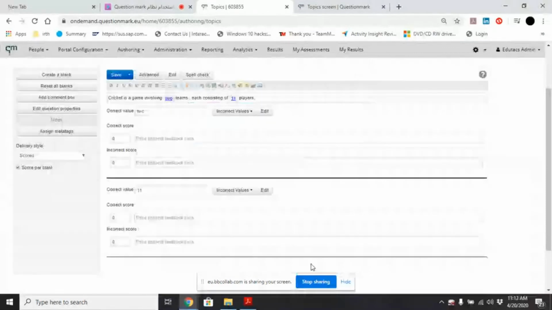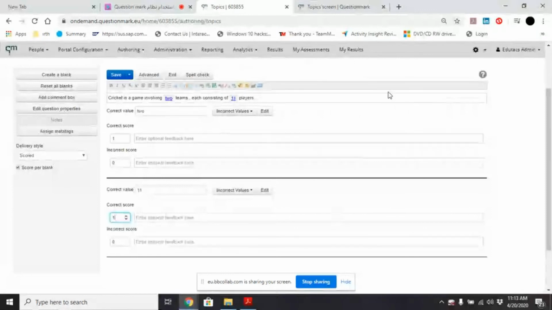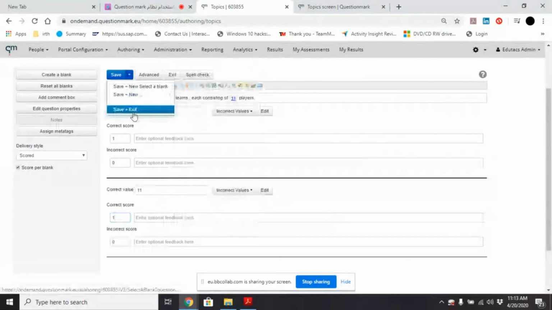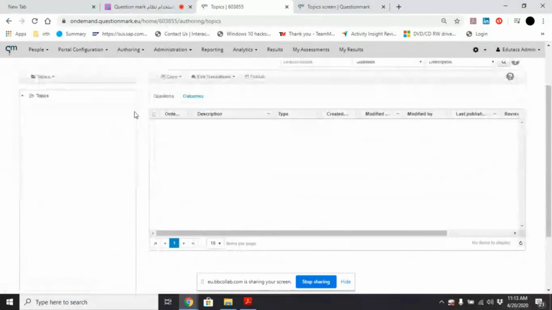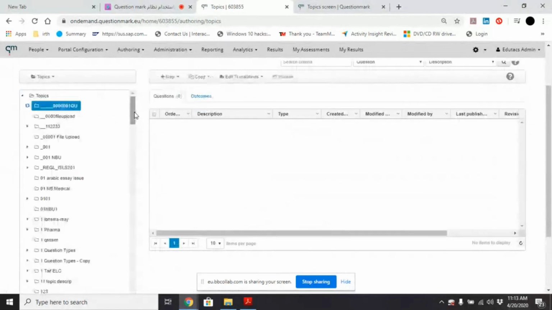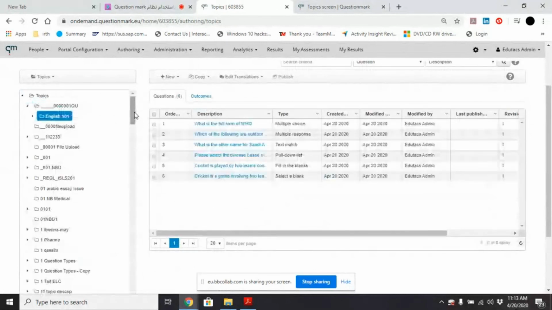Okay. Now I will give 1 mark for this one and 1 mark for that. Again, I can decide whether he'll be scored per blank, or he will get a score only if all his answers are correct. So I will leave it like this, and I'll say save and exit. So if I do a tryout here,